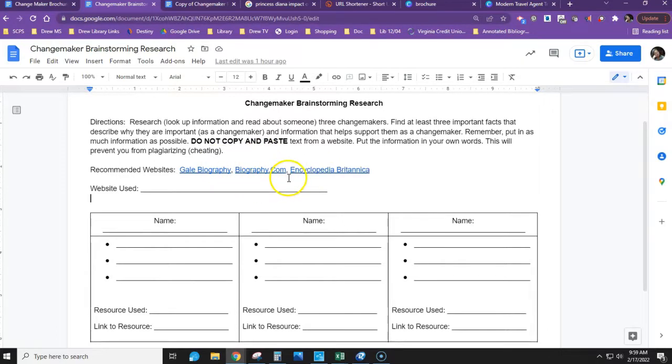Biography.com is free, therefore they do have ads. It may slow down a little bit of your research, but you are welcome to use those. Okay, and there's also this one that says website used, and you'll see I go rogue. I look up and look for something. I found an article that I thought did a nice job outlining the person who is my person I'm looking for, not one of yours. Okay, so